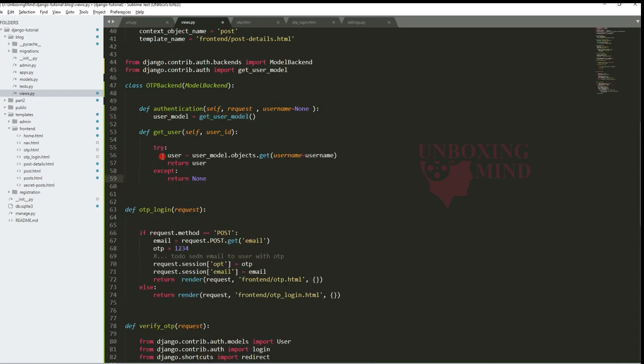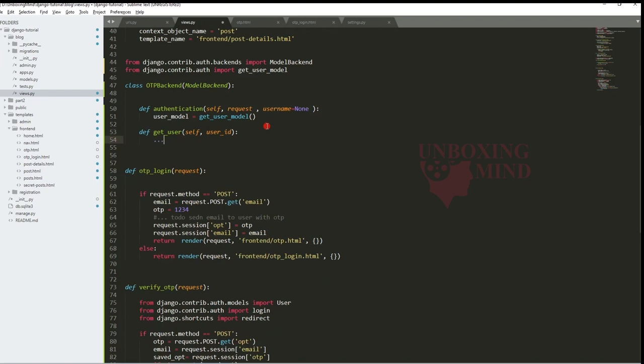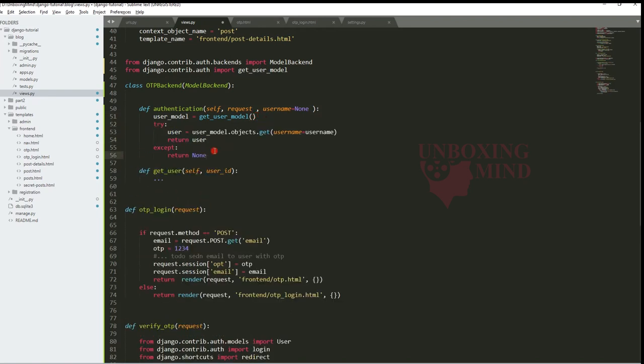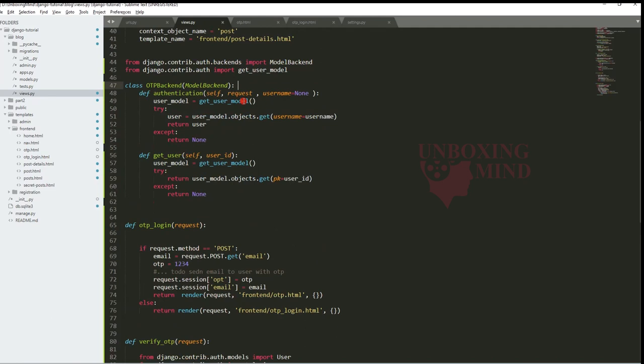It will by default take the user class. Now we will retrieve the data from the database. It will fetch the data from the database and return that user.